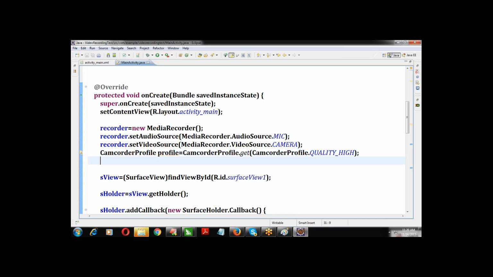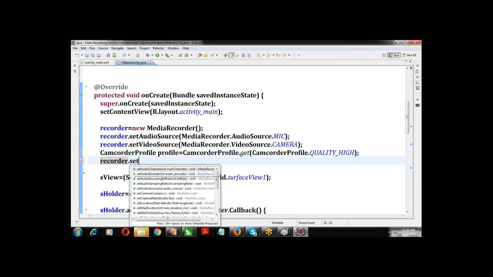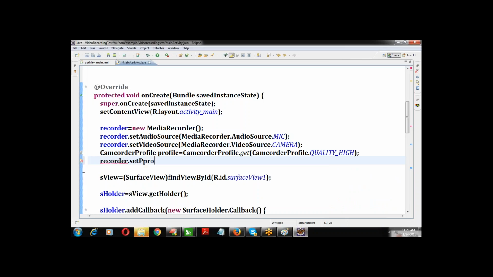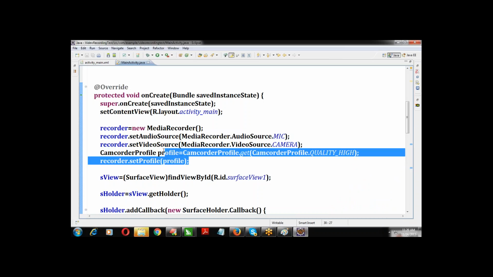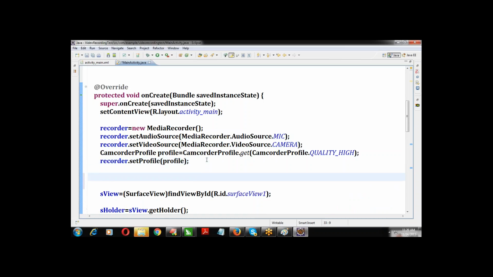Now we have to set this profile object to the media recorder: recorder dot setProfile, and we specify the CamcorderProfile object. So we specified the quality of the video file, along with the audio source and video source. Audio source, video source and profile are specified. Next thing is